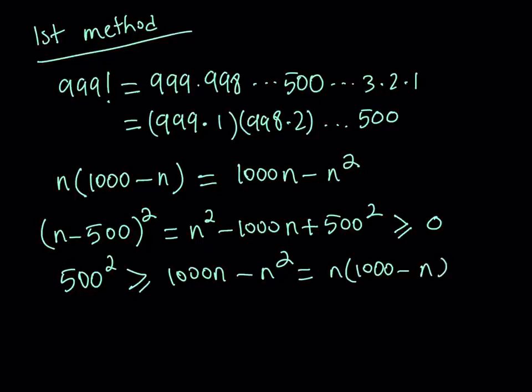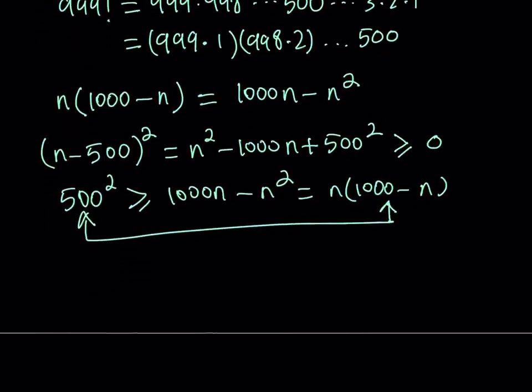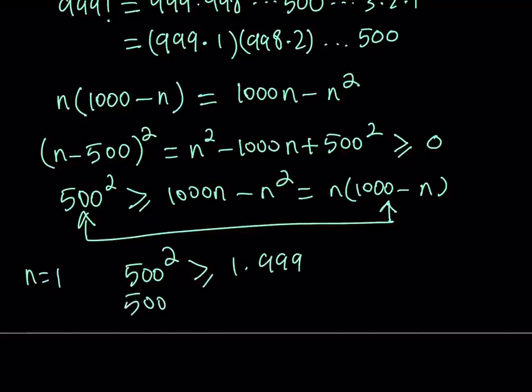So we got an interesting relationship: 500 squared is always going to be greater than or equal to this product. Nice. So if I use n equals 1, obviously this is going to be true all the time, but if I use particular values like n equals 1, for example, this is going to give me 500 squared is greater than or equal to 1 times 999. And then if I keep doing it, 500 squared is going to be greater than 2 times 998,